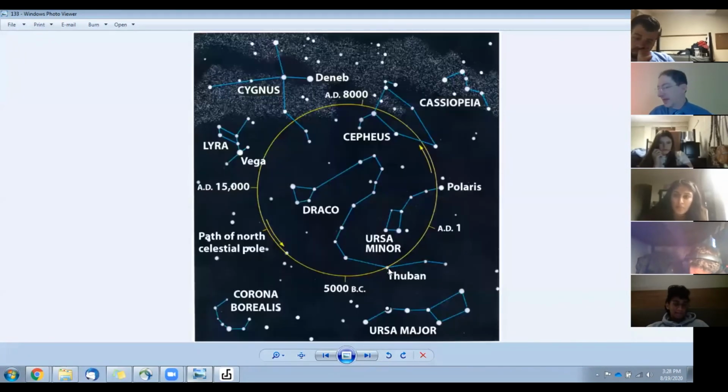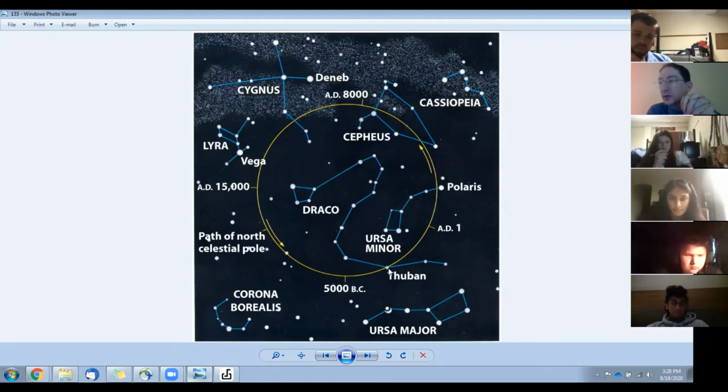Okay, that is it for precession. We've talked about rapid daily motions. We've talked about annual motions. Now we've talked about this long precessional motion. Next thing we will do will be to throw the moon into this as well. Phases, lunar months, and then we'll put the sun, the earth, and the moon together and talk about eclipses. We'll pick up with that next time. And I'll stick around for questions. So thanks a lot.